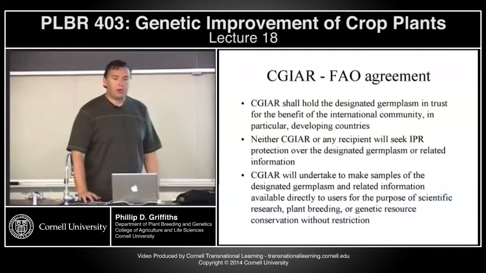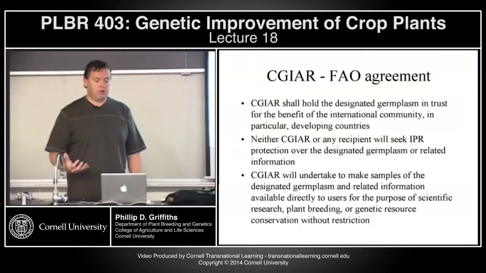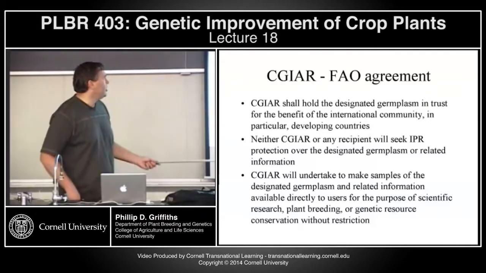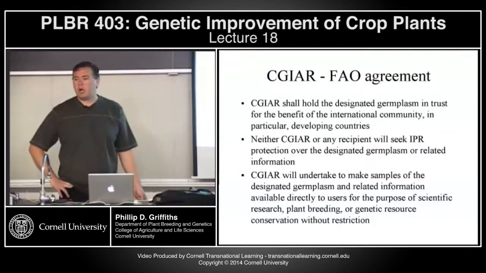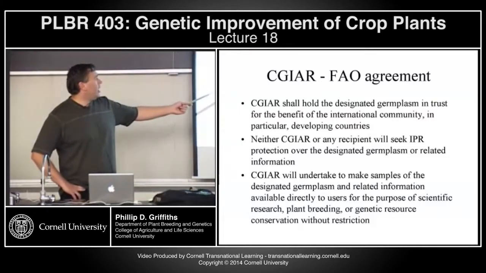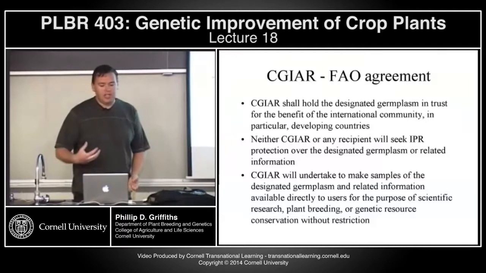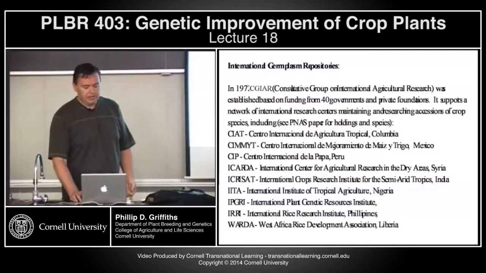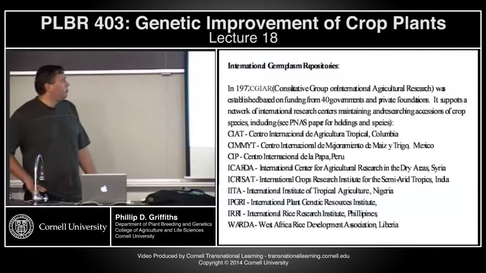It was focused primarily on the staple or carbohydrate type of crops. So the idea was that these stations would store and release germplasm to anybody in the world free of charge that was requesting it. And that they will not be able to then seek IP, intellectual property protection on this. The stations that were set up as part of this group